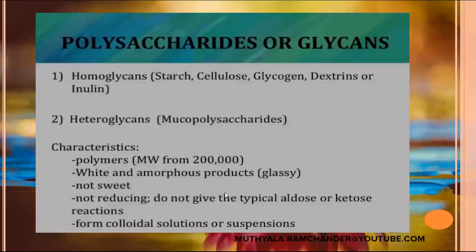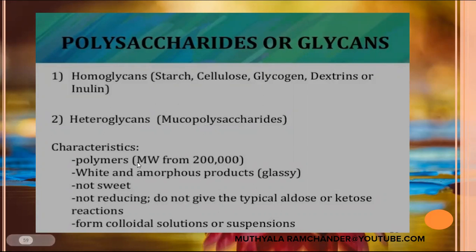Polysaccharides are also called glycans. So here, homoglycans or homopolysaccharides are like starch, cellulose, glycogen, dextrins or inulin. These all belong to homoglycans, homopolymers or homopolysaccharides. Second one, heteroglycans. Heteroglycans are heteropolysaccharides or heteropolymers. Example,